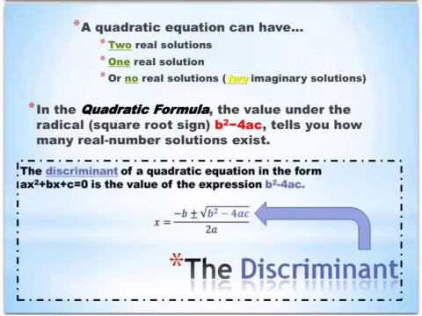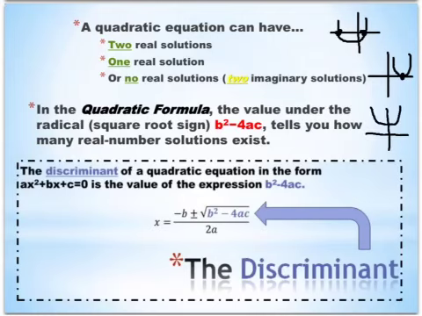So recall, for two real, that means my parabola is dipping down and coming back up, and it hits in two spots, right? For one real, my parabola is just sitting on the x-axis and only the vertex is touching. And for no real, it is never touching the x-axis, which means there are going to be two imaginary